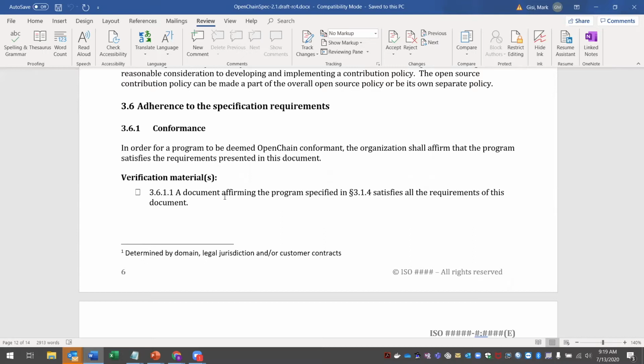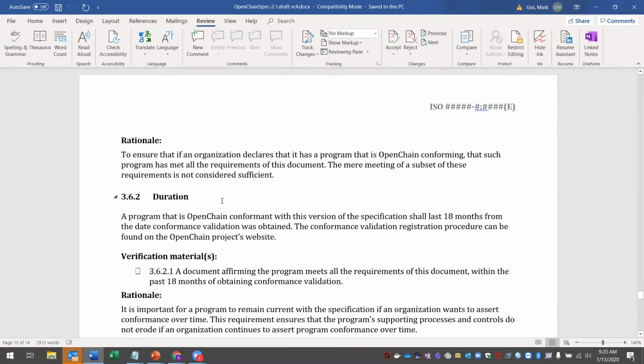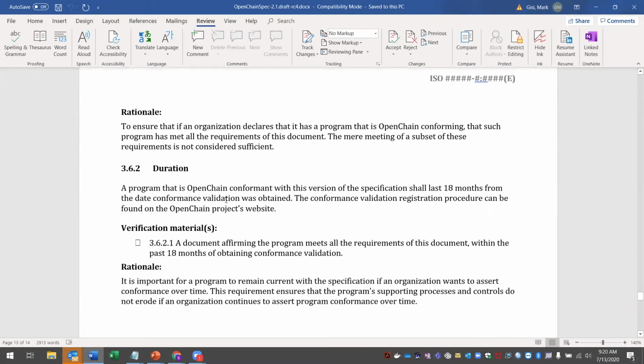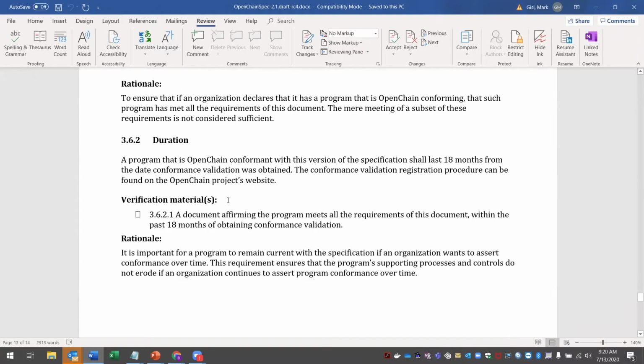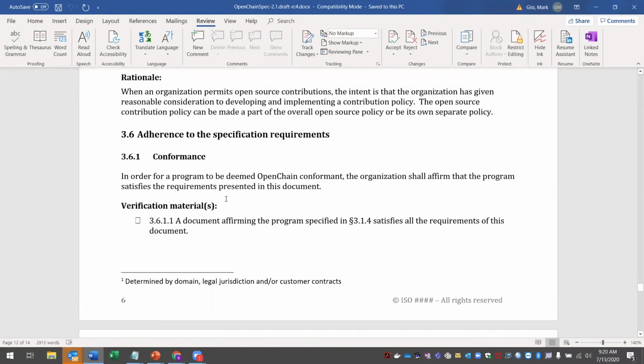So I think we do something similar, meaning we'll go ahead and make a document, a simple statement, and put the date down, the version, and then in some ways that allows us to address the 3.6.2, which then you have the trying to show that within the last 18 months, you've verified that you're still good. So one possibility, and this is only a possibility, this is one way of doing it, and by the way, you can make it public if you choose. There's nothing that would stop you from doing that, but I don't think it's a requirement.